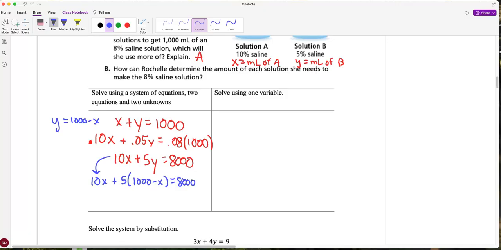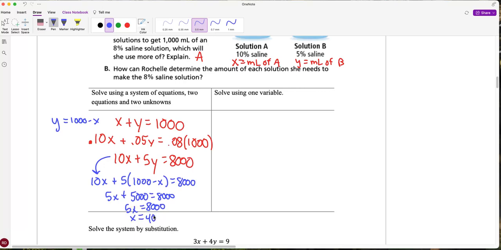So then this is what? 10x minus 5x, I get 5x, plus 5,000 equals 8,000, so 5x equals 8,000, right? So x is